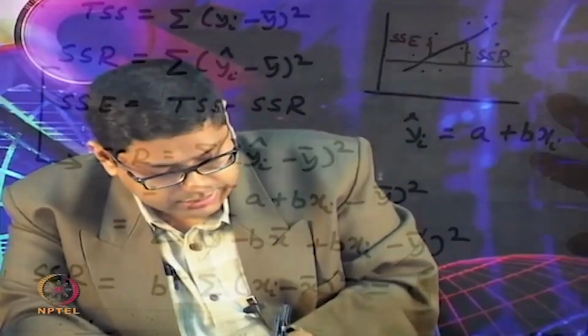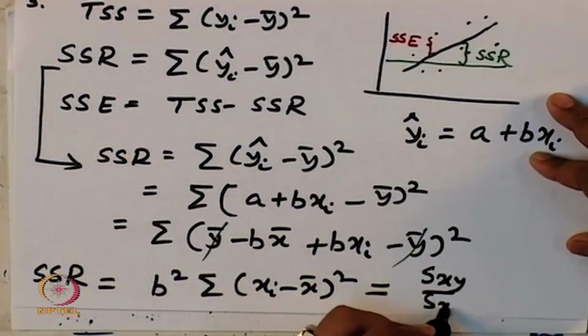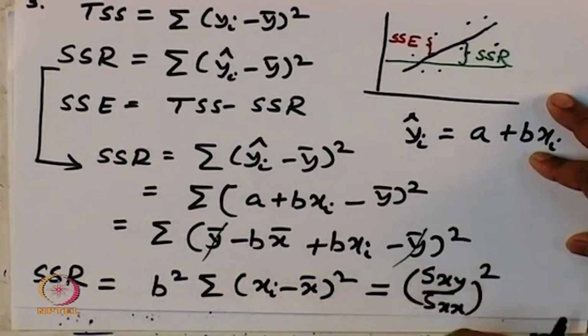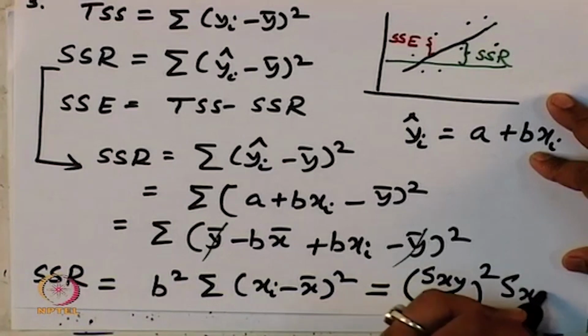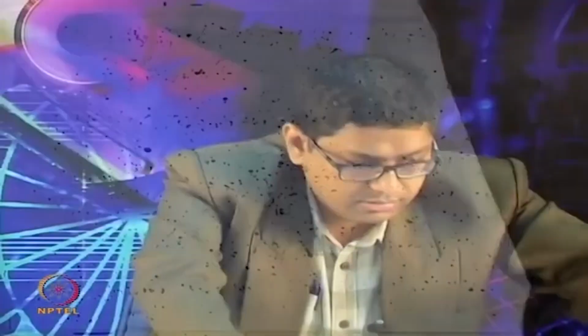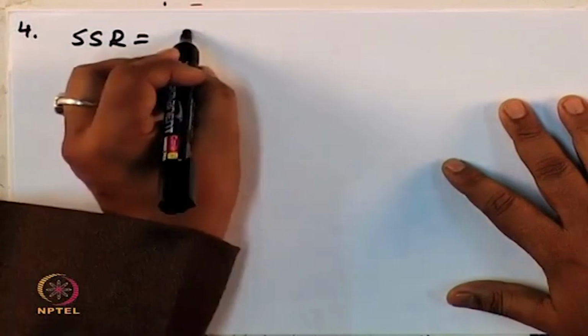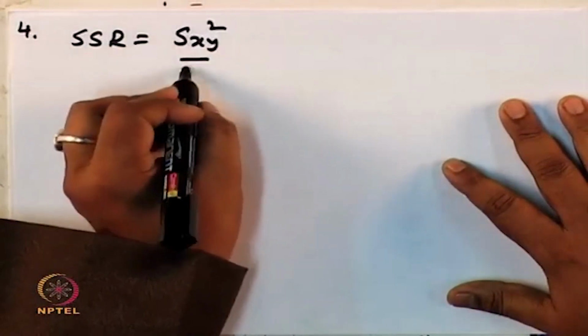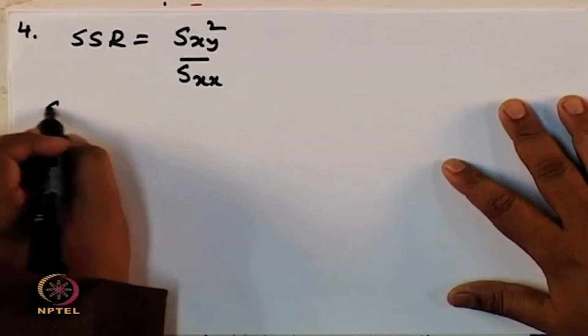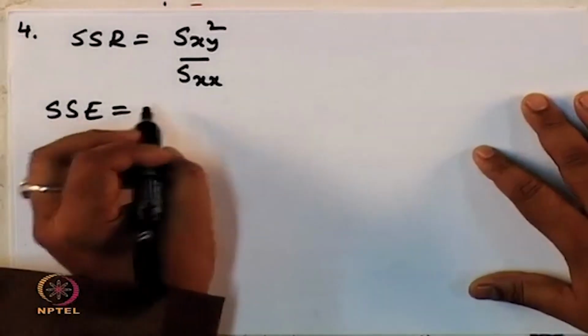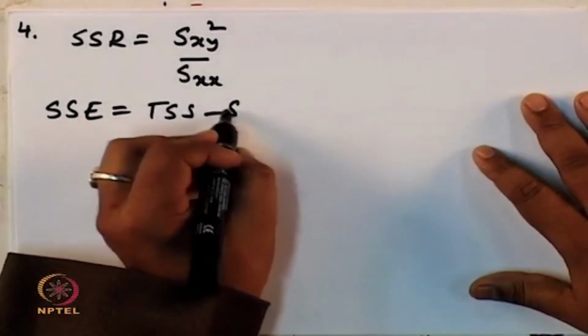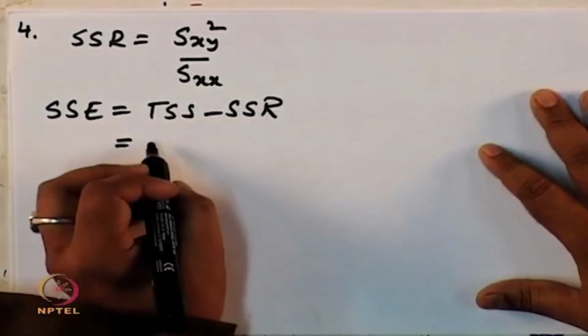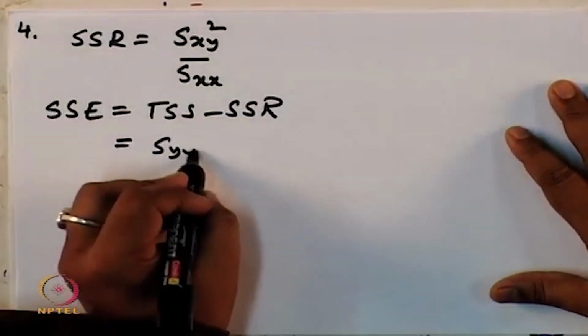Okay. And so, this you can rewrite as b times Sxy by Sxx, and this is nothing but Sxx. Okay. So, finally, you can write SSR as Sxy square by Sxx, and your SSE is TSS minus SSR, given by SYY minus